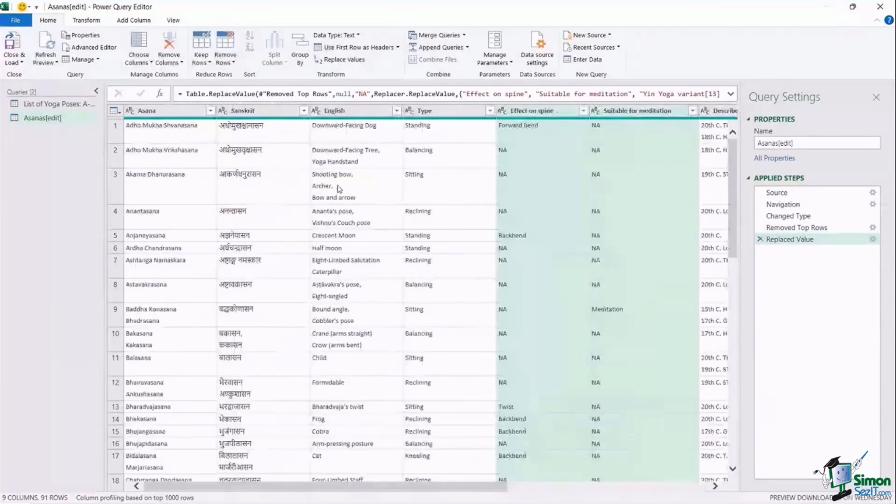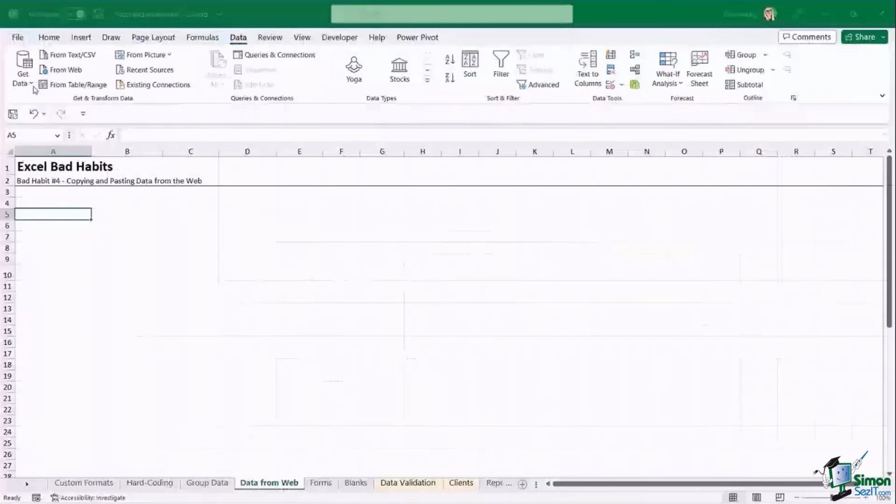So Power Query, I mean, there's so much more to it than what I've just shown you there, but that is just a little snippet. Once you've cleaned up your data, you can then load it back into Excel. And the brilliant thing is you can choose if you want to load this data as a table or as a pivot table. So notice in the top corner, we have a Close and Load button. If I click Close and Load To,